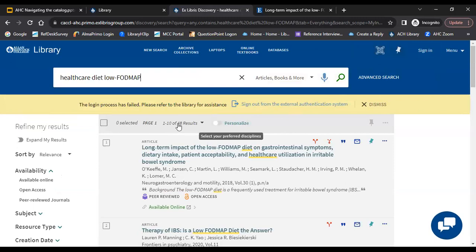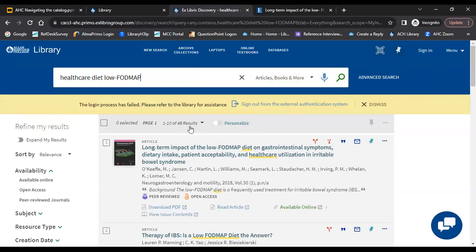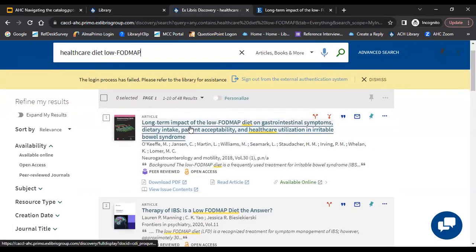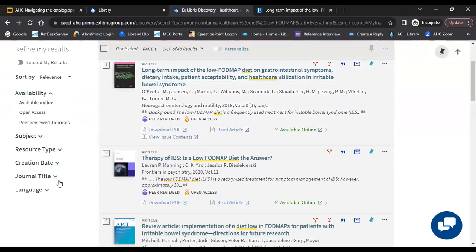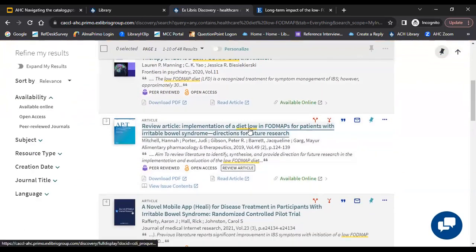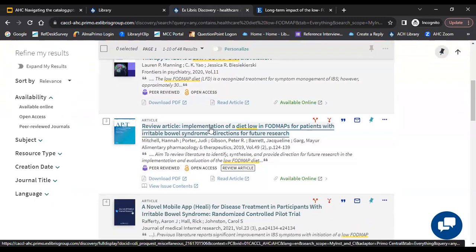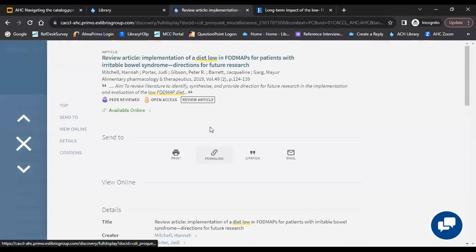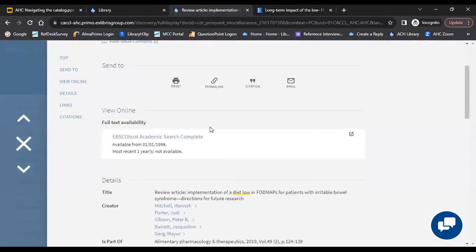So now we're just down to 48 results, which is actually a nice manageable amount. So again, as you browse through, you can always use the filters on the left-hand side, and you can also browse. And as you look through, you might find another article that you like. And so you can click on it and then make sure that the